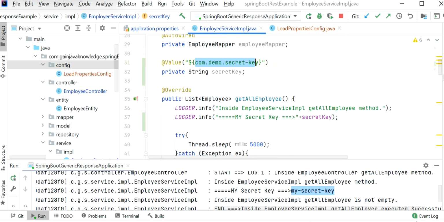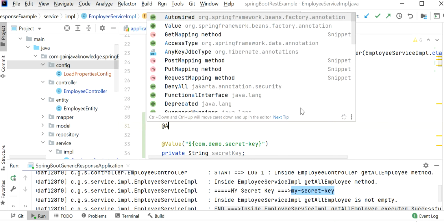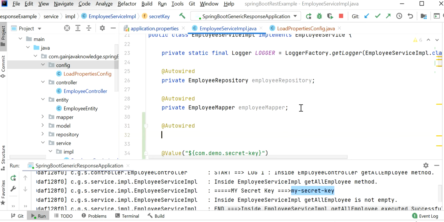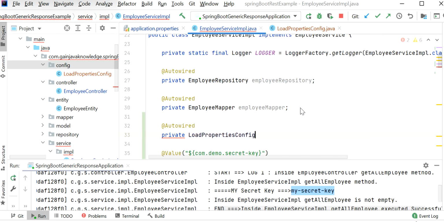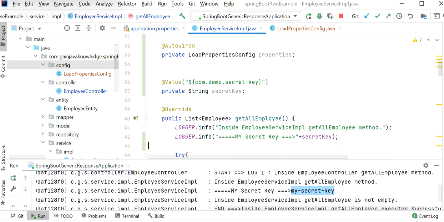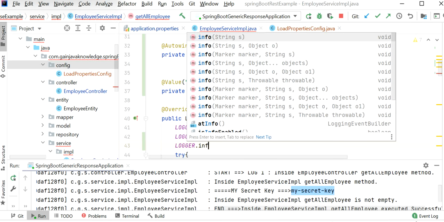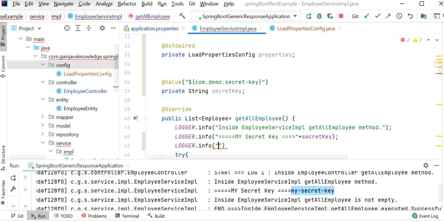Let me go back into our service implementation class, and here I will use the @Autowired annotation and inject into my class a private LoadPropertiesConfig properties. Then I will define a logger.info, using config class to read the property.